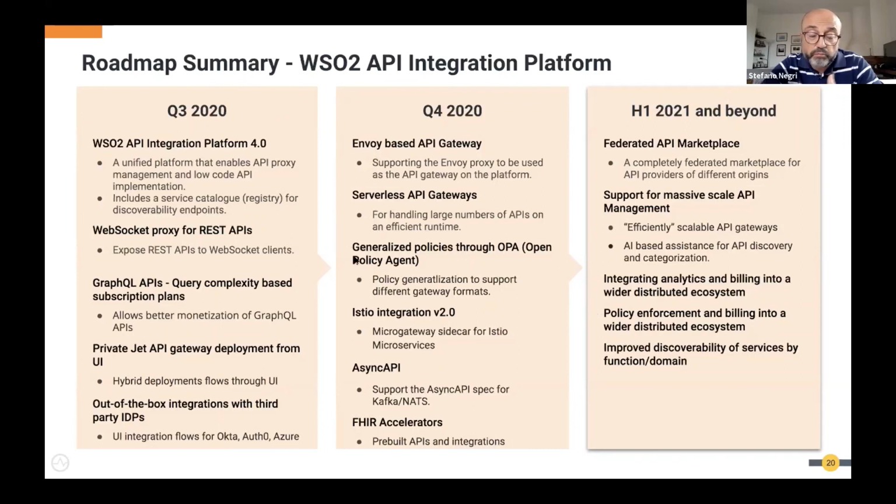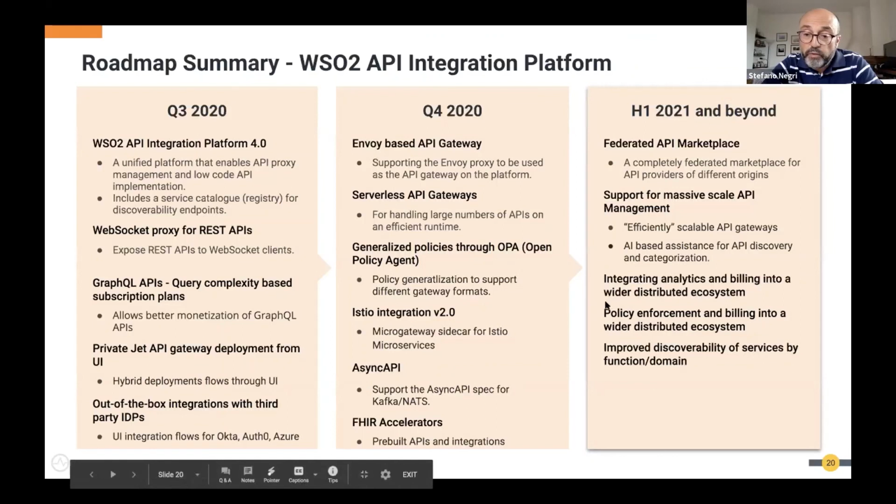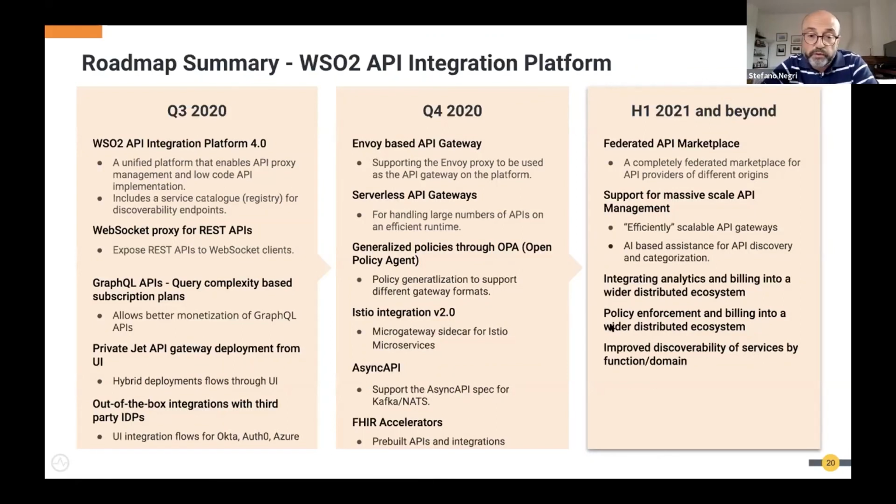For example, we now support Open Policy Agent and a new IDP. This effort will continue in the future with the extension to other third-party providers, and the same in the direction of discoverability, so service registry, etc.